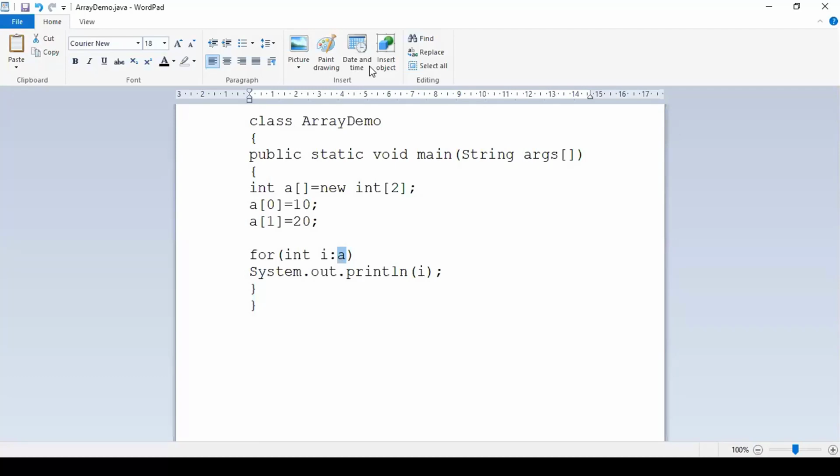Say for example, at location 3 you had a 30, right? You can give a condition based on that one. Say for example, if i is equal to 30, then you can break the loop. Keep one thing in mind, each element from that particular array, you are copying it into the value of i, right? So after copying that value into i, you can do anything.